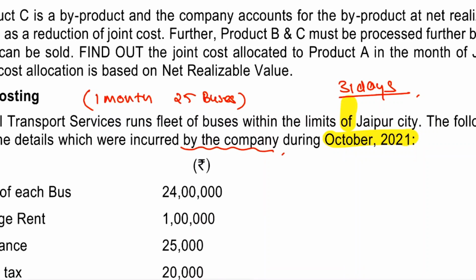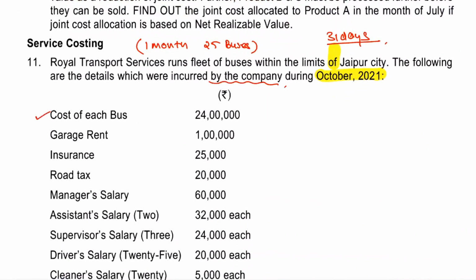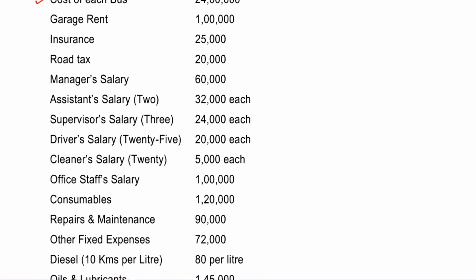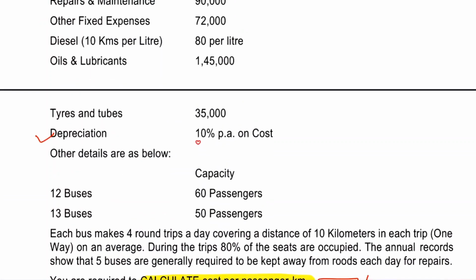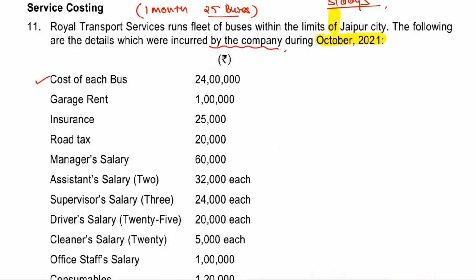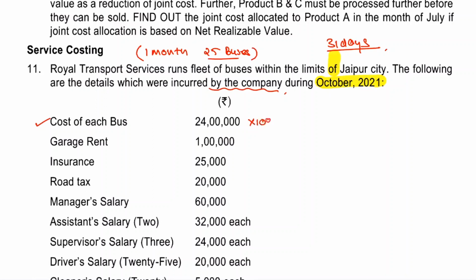Okay, चलो देखो, first of all what is given is cost of each bus, बोले तो एक बस का दिया है. I need कितने बस का? 25 बस का, be careful. अच्छा, they have mentioned something, if I search some expenses के बाद somewhere you will get depreciation, कितना percent? 10% on cost, so चलो, if you calculate 10% on this, 24 lakh into 10%,